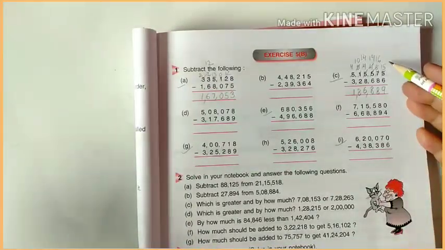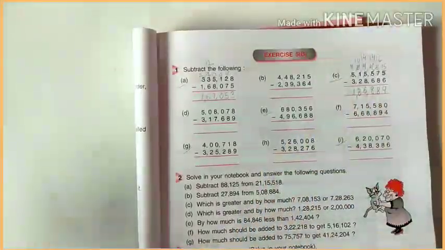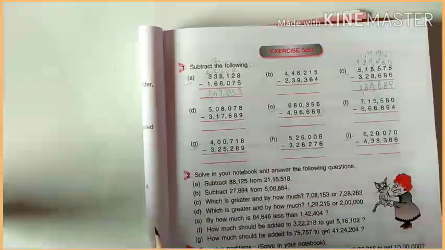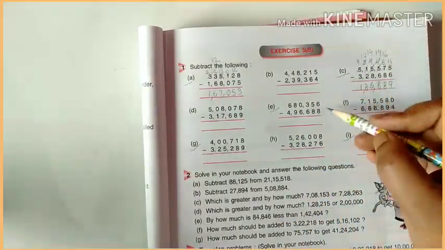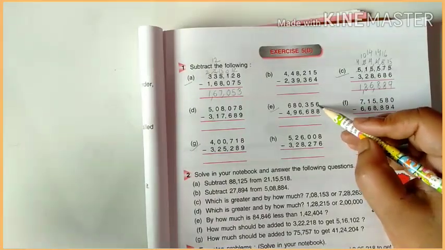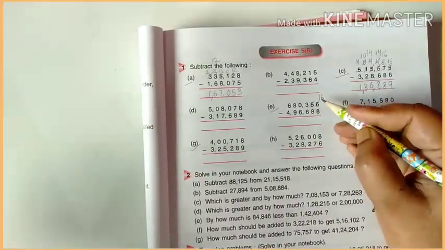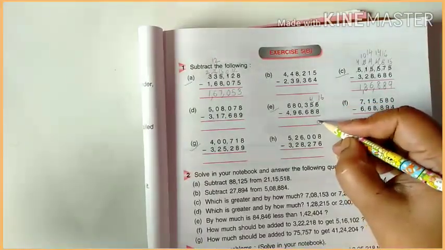Okay, so in this way you will solve these sums. Just these are large numbers. Let's do question number E. We have already done like that. I have already explained how to do these types of sums, taking carry and then keep on subtracting. This is again 6. 6 minus 8 is not possible because 6 is less than 8. So it will ask for the carry. It will become 16 here and this will become 4 here. 16 minus 8 is possible, so it will be 8 here.